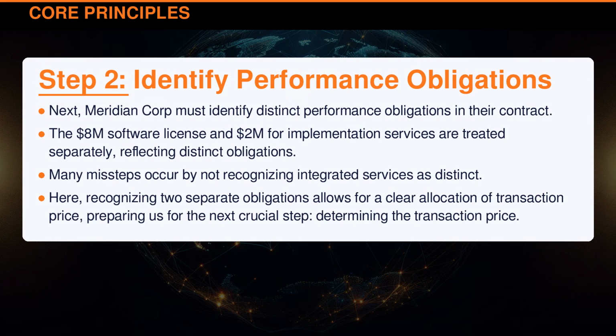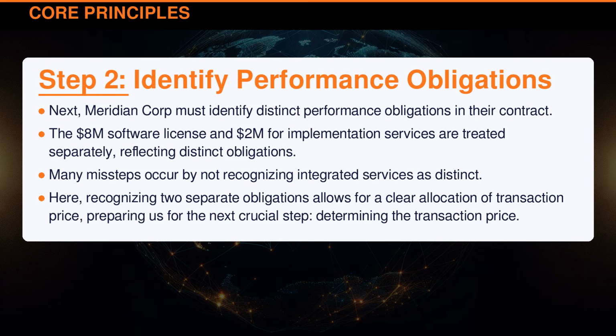Next, Meridian Corporation must identify distinct performance obligations in their contract. The $8 million software license and $2 million for implementation services are treated separately, reflecting distinct obligations. Many missteps occur by not recognizing integrated services as distinct. Here, recognizing two separate obligations allows for a clear allocation of transaction price, preparing us for the next crucial step,